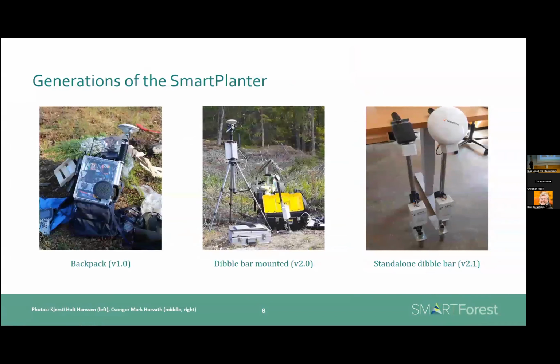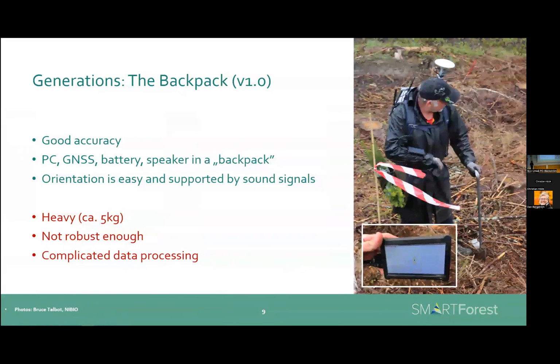So we have three generations, but different versions of this device. What I showed earlier is for the later generations. When we started the project, we had everything out of the box, but they were big, and we needed to put them together. This was the smallest box we could find that fit everything, and the whole backpack is around 5 kilos. So that was our first version, and then we went for a smaller version, and even a standalone version later on. So the backpack was used like this,